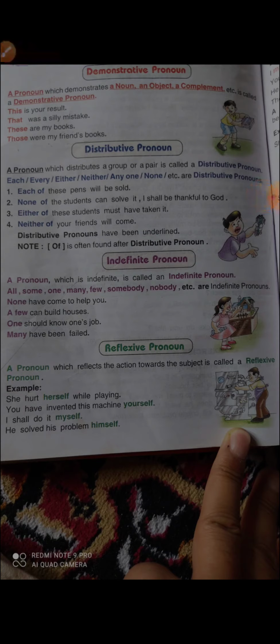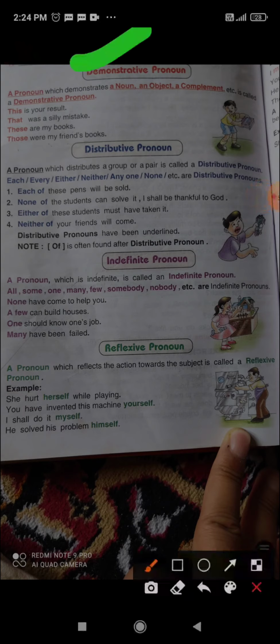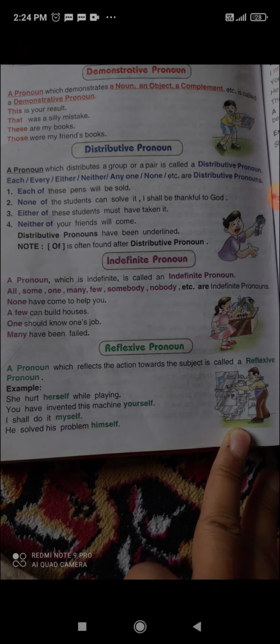Today we are going to learn the third form of a pronoun. That's what is written on the screen. Here we go. It's a demonstrative pronoun. You can infer from the word demonstrative, it's derived from the word demonstration. Demonstration means to show something, to talk about, and a pronoun is a word that replaces a noun. So simply, a demonstrative pronoun is a word which demonstrates a noun, an object, in a complement.